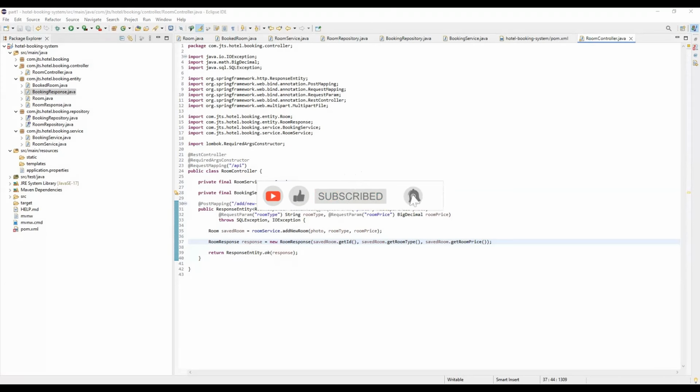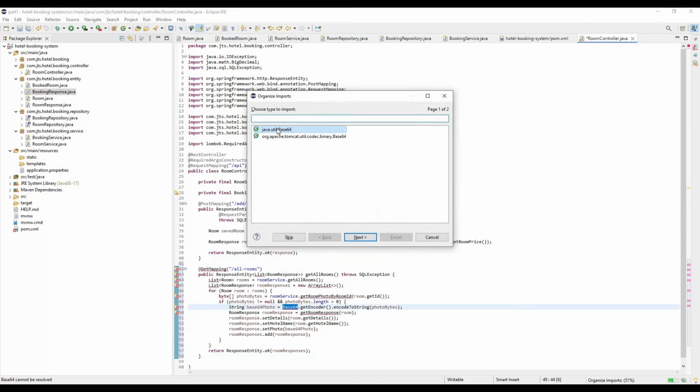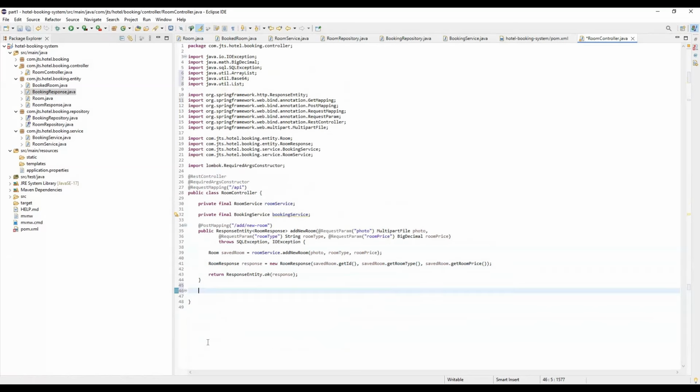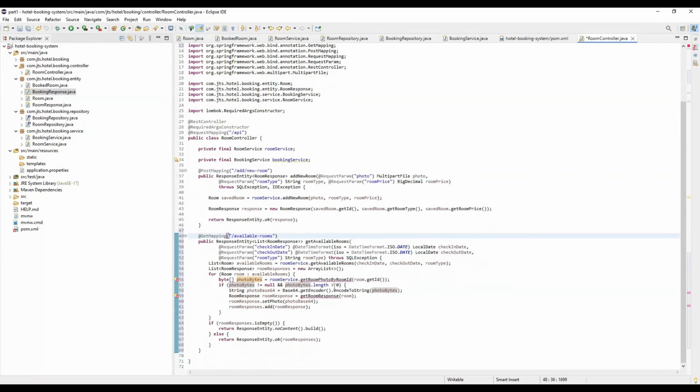So next, in the room controller, we are going to also create some other APIs, like to get all the rooms, or get all the available rooms. Let me add this get all the rooms. So for getting all the rooms, let me add this get all the available rooms, which we are also going to use from the Angular side. So let me only add this get available rooms. Here we need to add this method. Let me add this